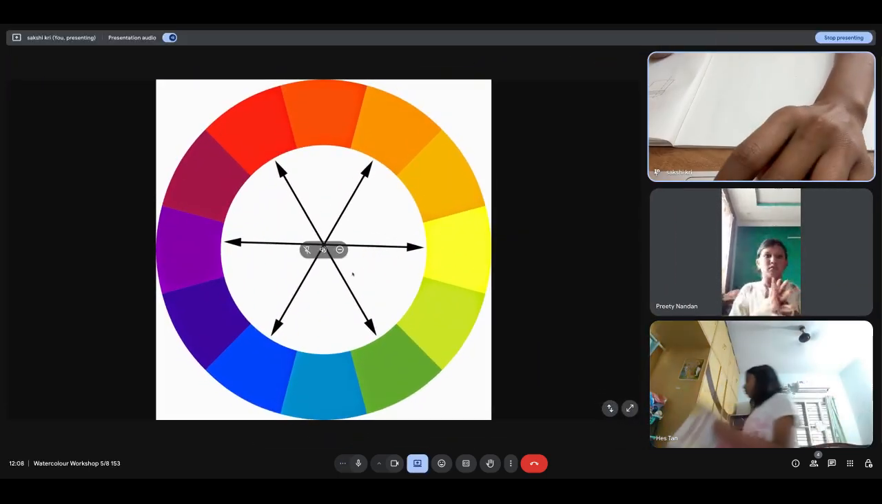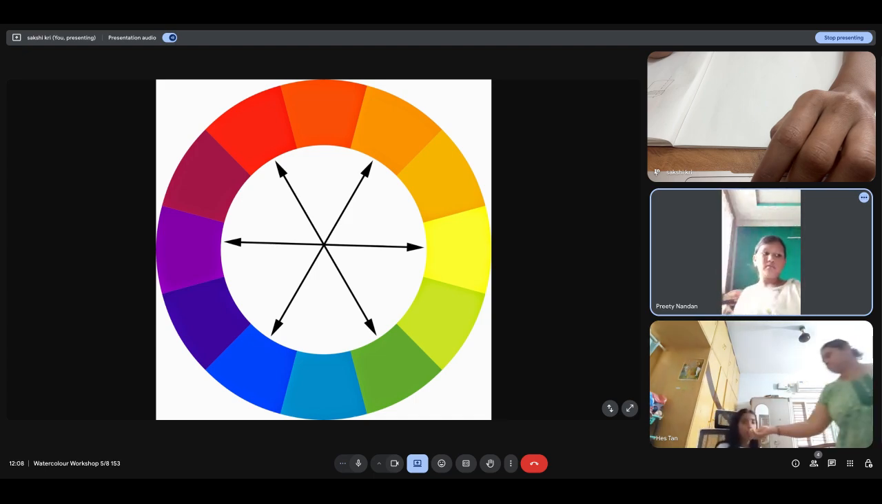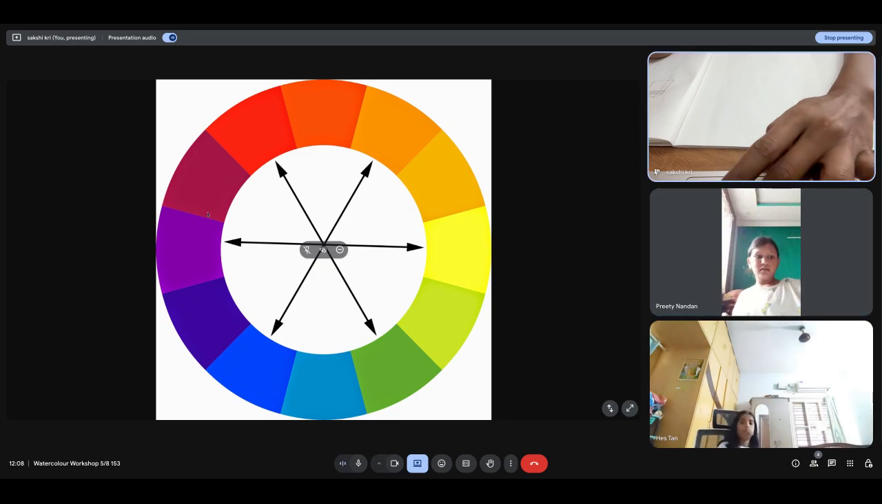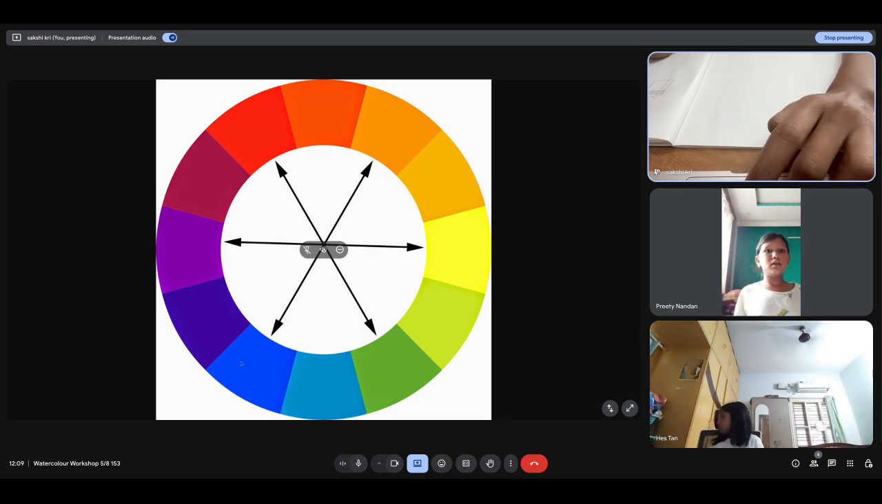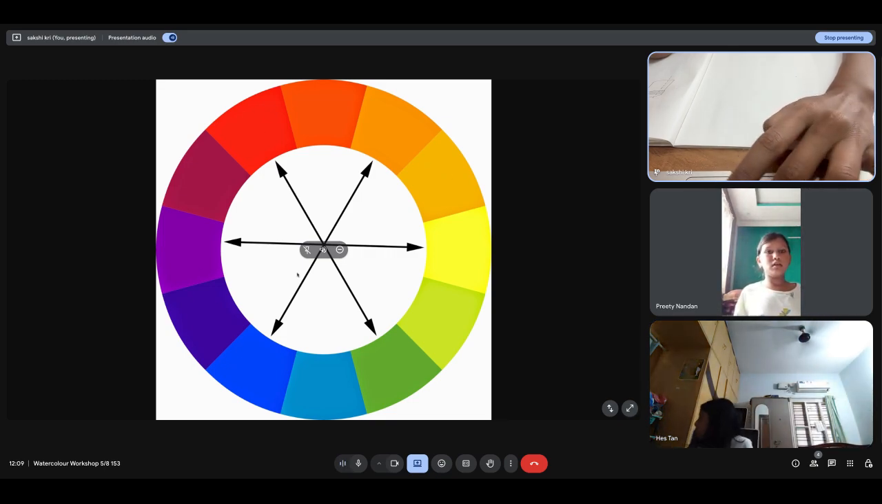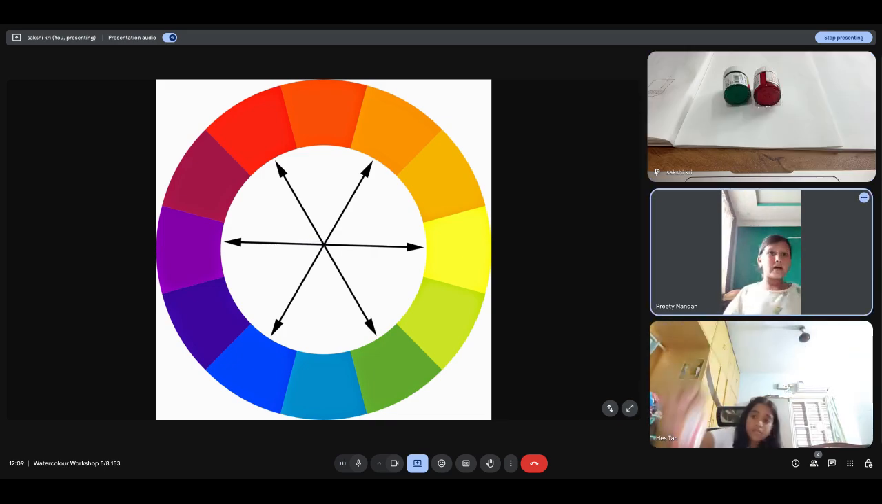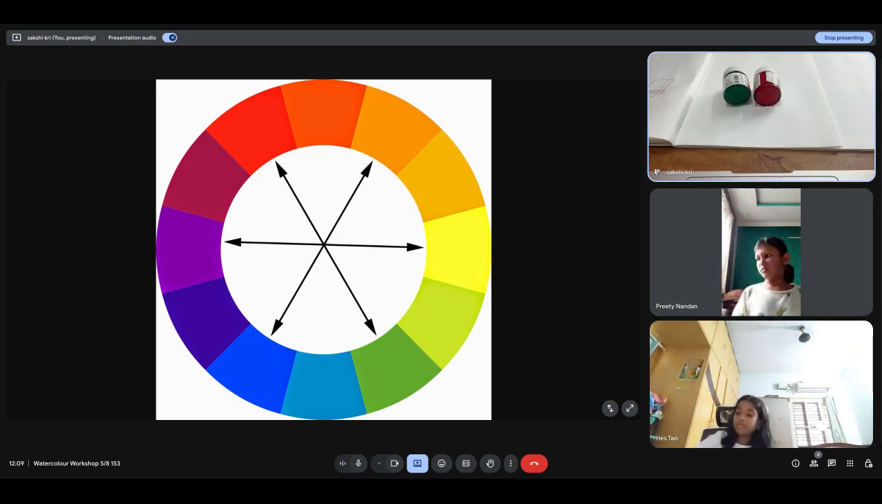Look at my screen. I was talking about this color wheel. Any color that is opposite of each other, for example green and red, orange and blue, purple and yellow, is called a complementary color, and they always look